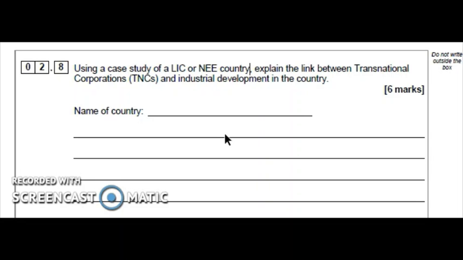So you can talk about the positives. It provides lots of jobs. A lot of the contracts that Shell give out are to local companies as well. So again, the key term that keeps coming up is the multiplier effect. Lots of businesses are also developing. A lot of these businesses are local to Nigeria.